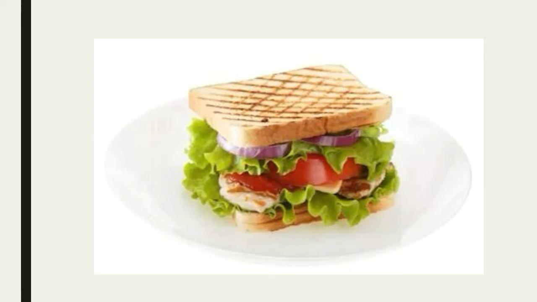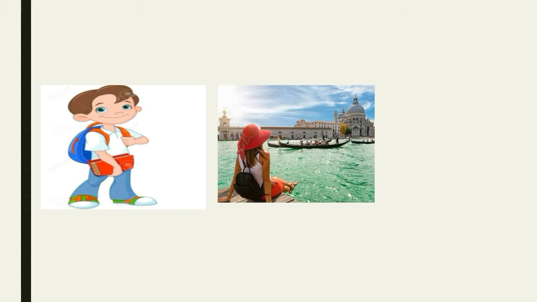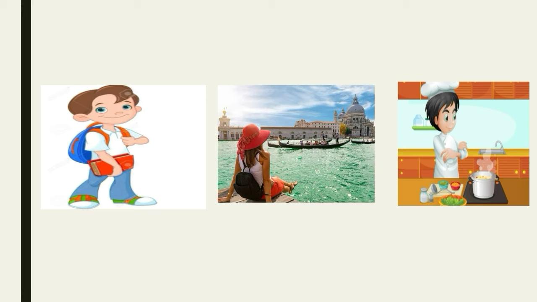The sandwich is ready. So, what did we learn from this? We learnt that if any task is broken into orderly steps, it can be completed very easily. In our daily lives, we perform many tasks such as getting ready for school, traveling, cooking, etc. If you notice, most of these activities are done in steps. All these are examples of what we call an algorithm.